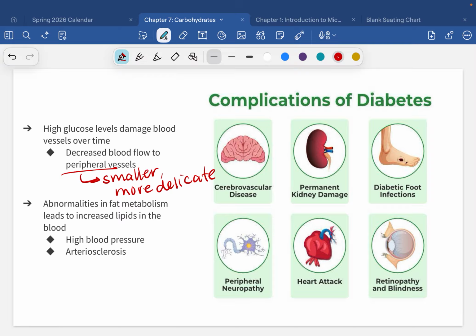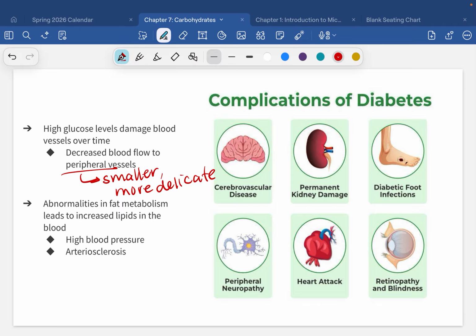The farther you get away from your central nervous system and your central blood vessels, the smaller your blood vessels are. Think about the tiny, tiny blood vessels in your eyeball. You can look at them. Those little tiny red lines, those are blood vessels. Compare that to the size of your aorta, which is about this big around. The little blood vessel in your eye is smaller and more delicate than your whole aorta. So the farther you get away from the center of the body, the more delicate and smaller they are.